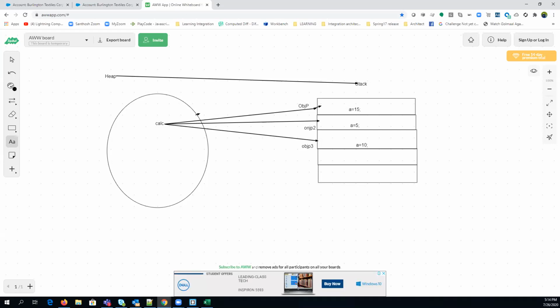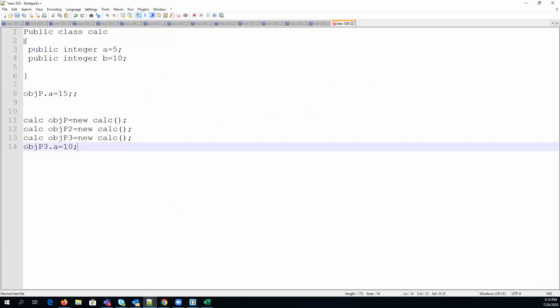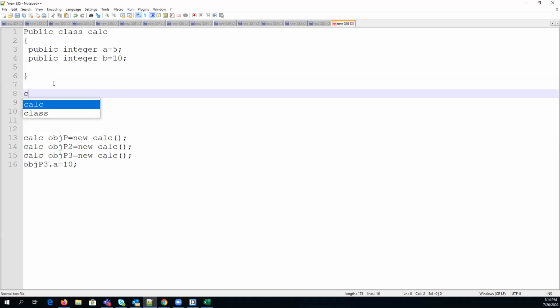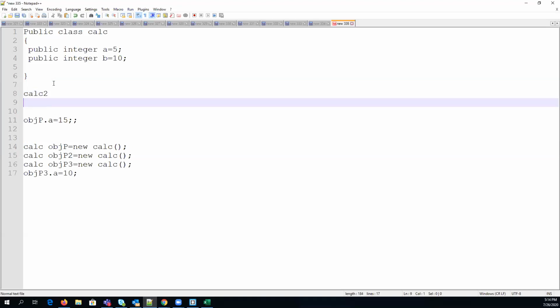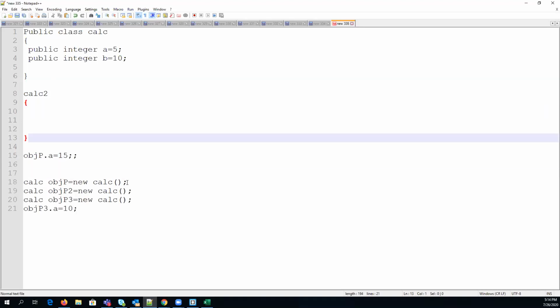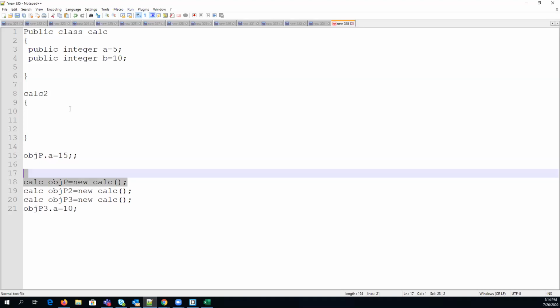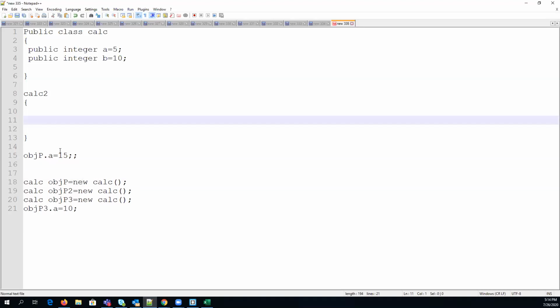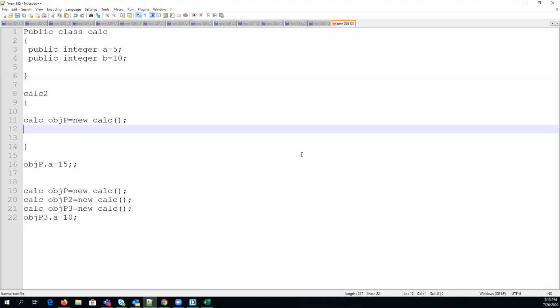Let me explain what a scope is. Let's say we have another class called Calc 2. In this class, let's say you create an object here, and in the same place you want the same object to be pointed to another class, let's say Calc 3.